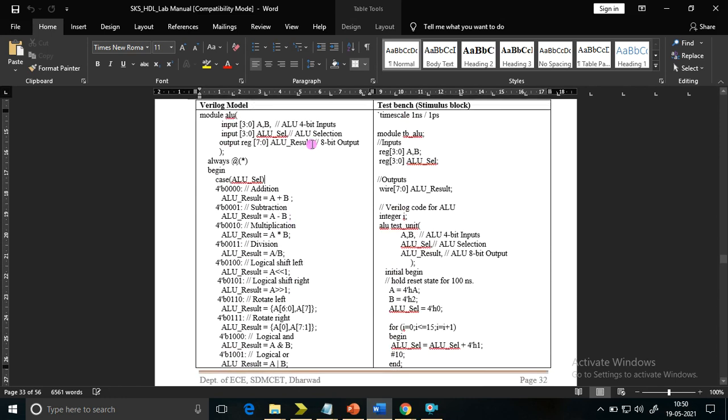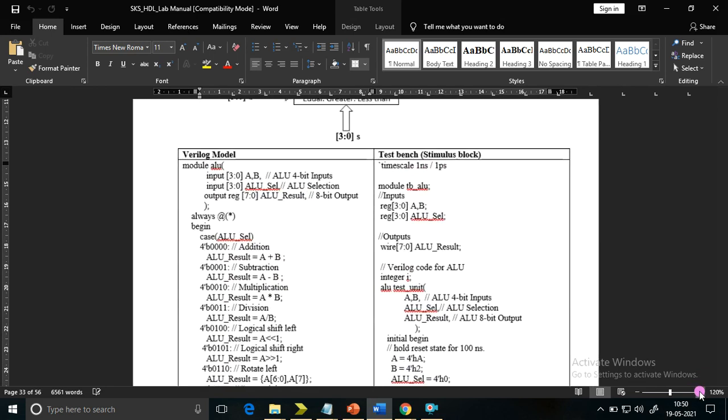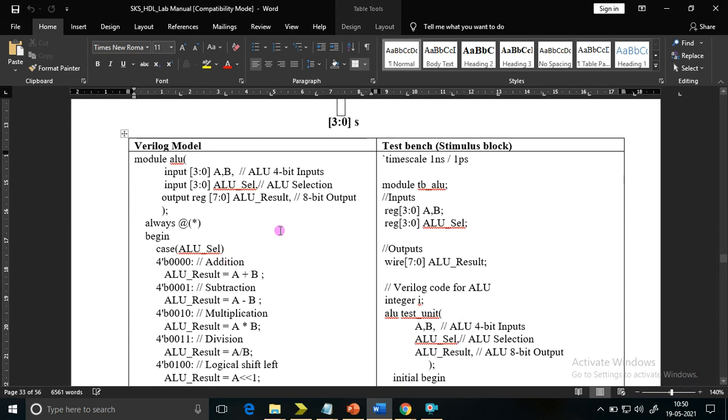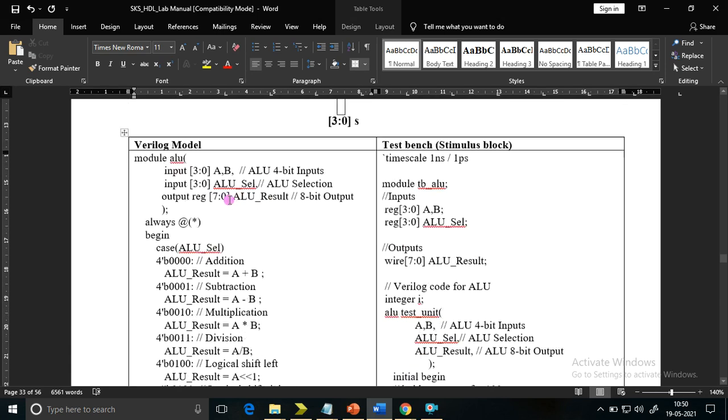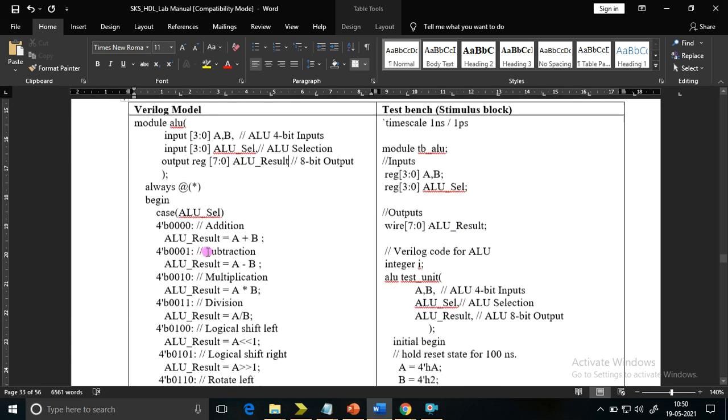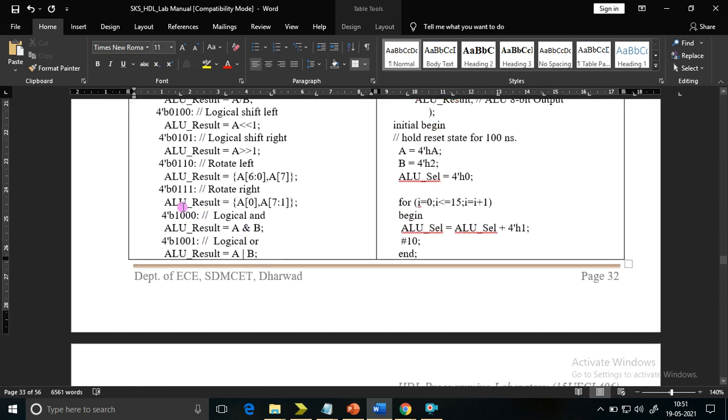The only change you need to make is that in the lab manual there is a comma here. Remove it, because after that there is a bracket. Then your inputs are 4 bits, and somewhere down the line there is a 6. There is a 4-bit input, so 6 cannot be there, 7 cannot be there.